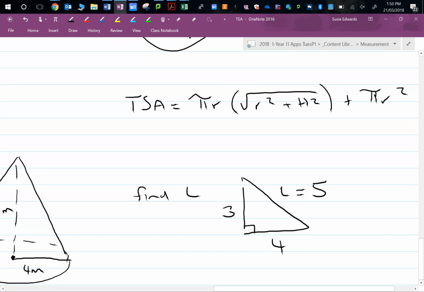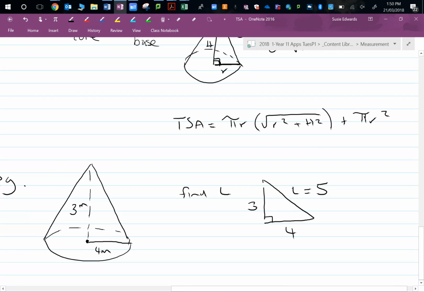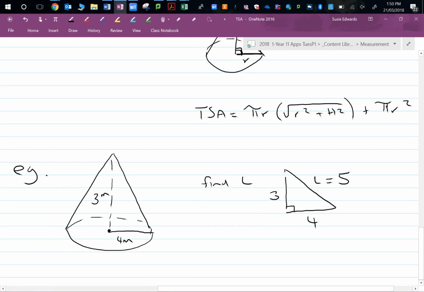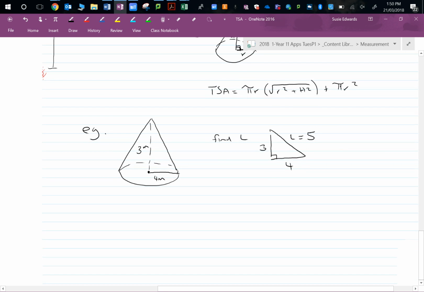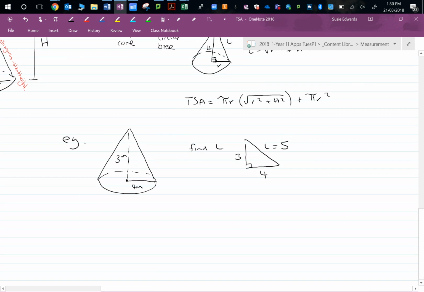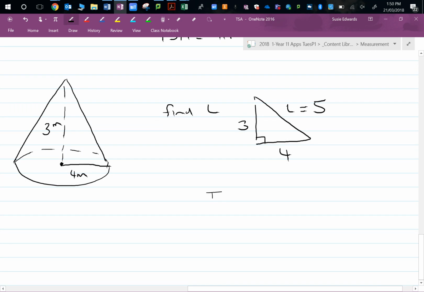All right, so for example, if we have this cone here, we've got 3 and 4, so you guys would know that the slant height is 5. Even though the question doesn't tell you, you can work that out. So therefore, if we then find the total surface area, now that we know that 5,